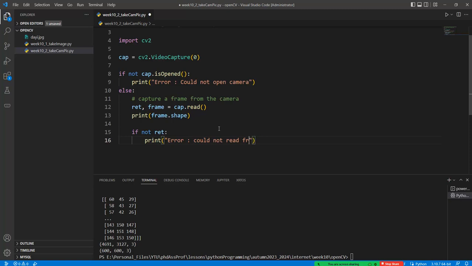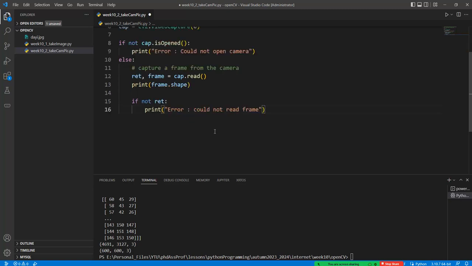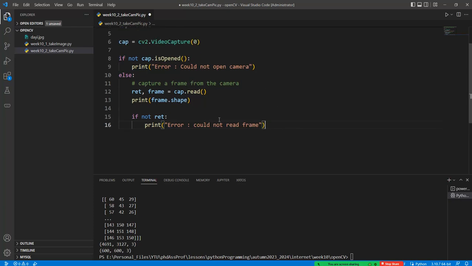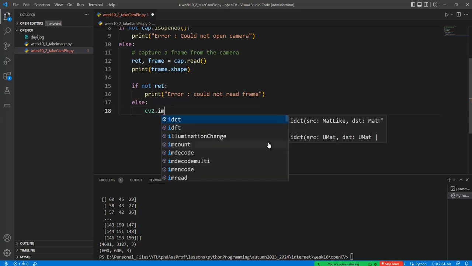It's important to add this protection code, because if we don't have any image, we can crash the whole program. But this is not the case, and else we need to give the cv2.imshow